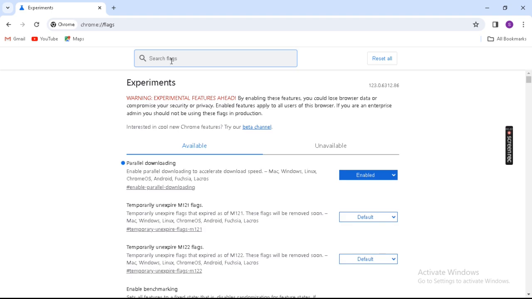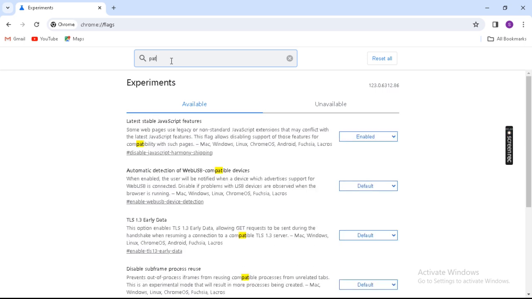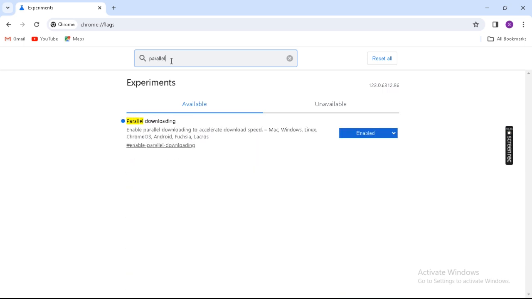Here we will type parallel downloads. This will open in front of us. Enable parallel downloading to accelerate downloading speed. We will just go here and enable this. After enabling this, we will close our browser